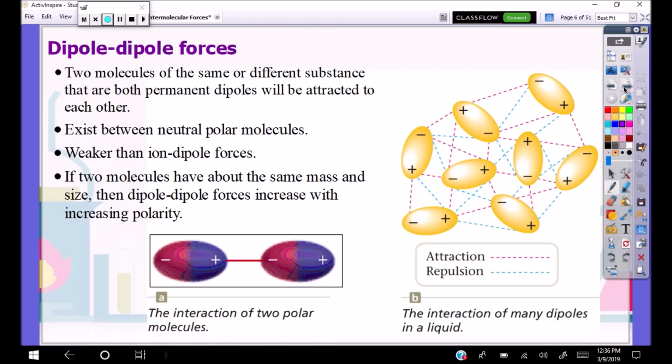Typically, you have highly electronegative elements. The greater the electronegativity difference across a bond, the stronger the dipole. So an increased dipole strength results in stronger dipole forces. Again, these exist between neutral polar molecules. It is weaker than ion dipole forces. If two molecules have about the same mass and size, then the dipole forces will increase as the separation of